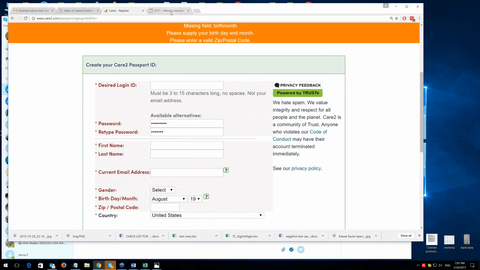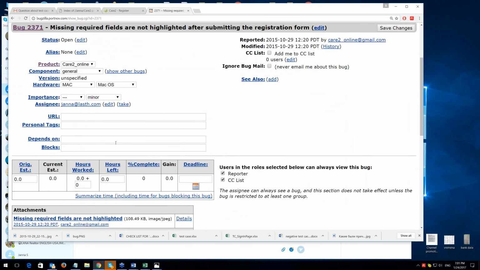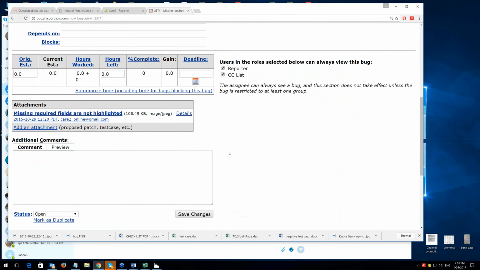So, what can be now the resolution of this bug? Believe it or not, I will add here: great news. Bug was fixed. I'm happy to close it.